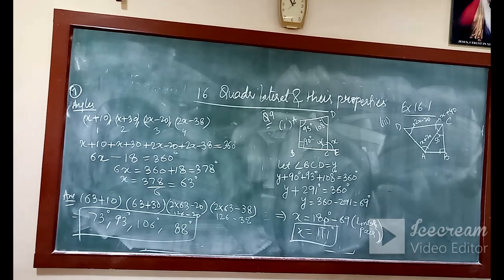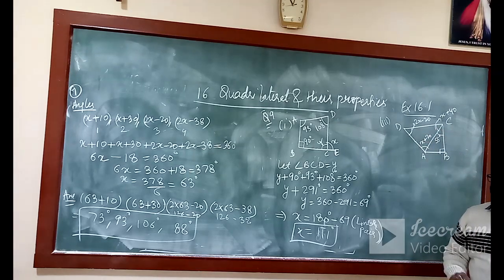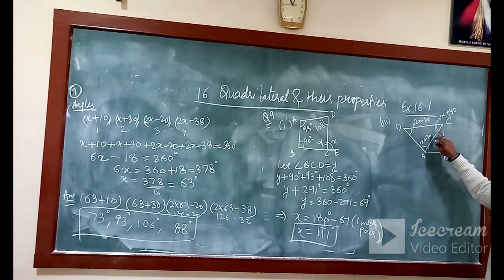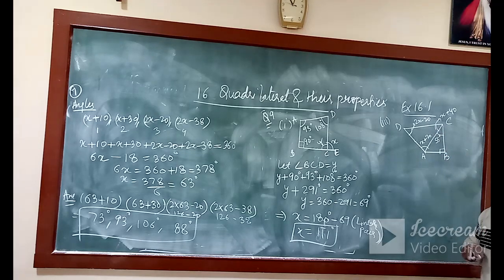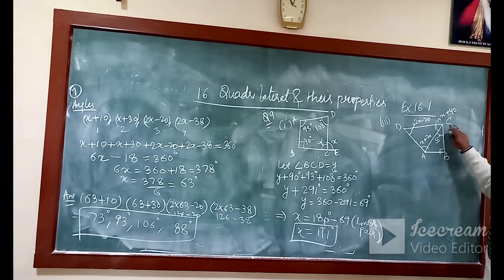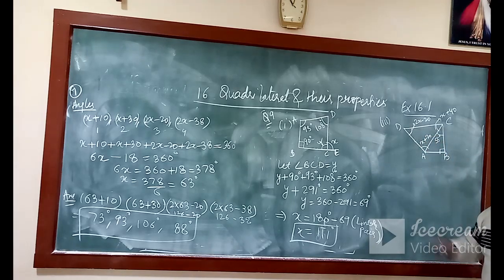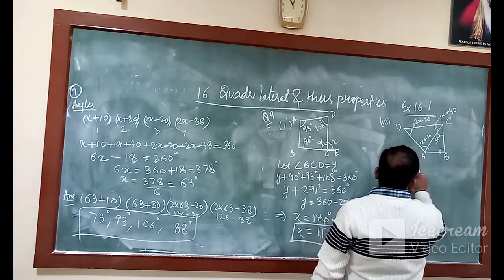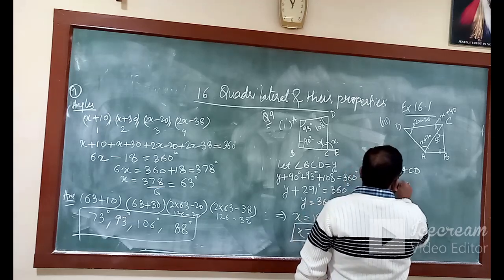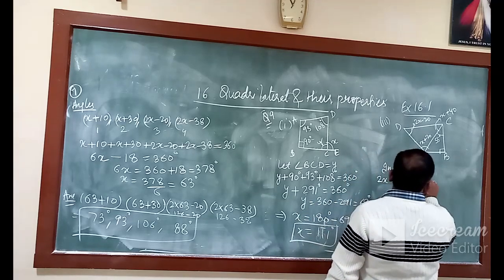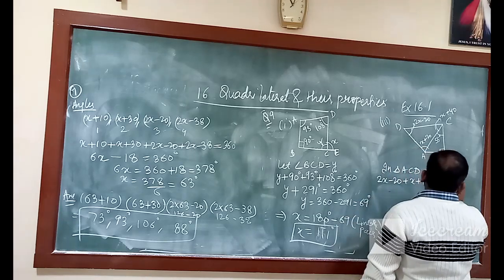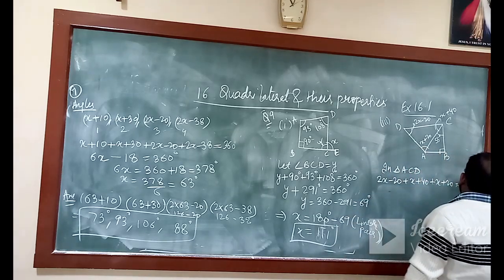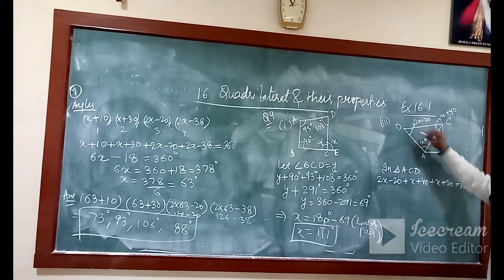Okay. Now see this question. Although ABCD is a quadrilateral, what we need to find is the value of x only. So if we see very carefully, ACD is a triangle. So in this question, no need to use this property. We can simply write it like this. In triangle ACD, 2x minus 20 plus x plus 40 plus x plus 20 equal to how much? 180 degree. Sum of these three angles.